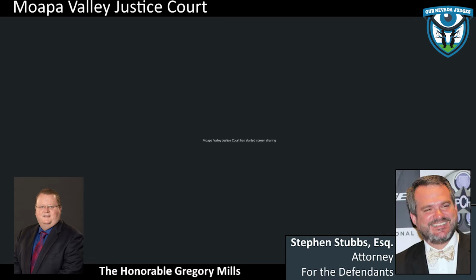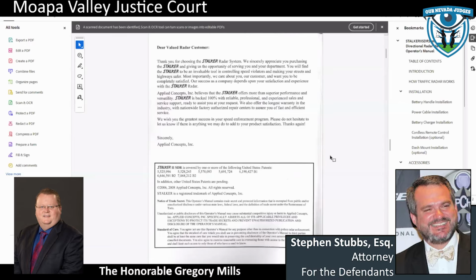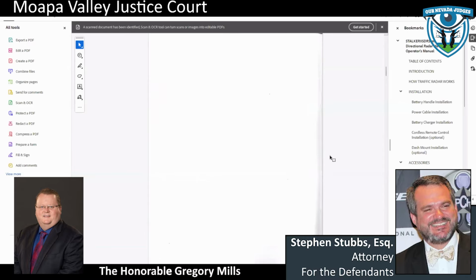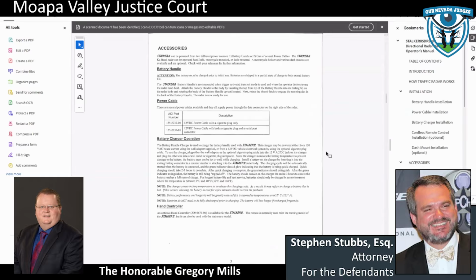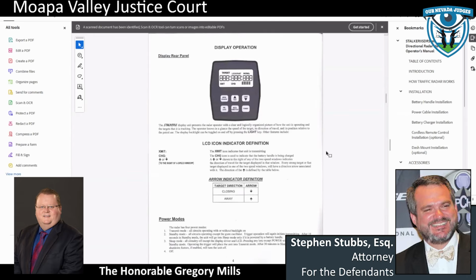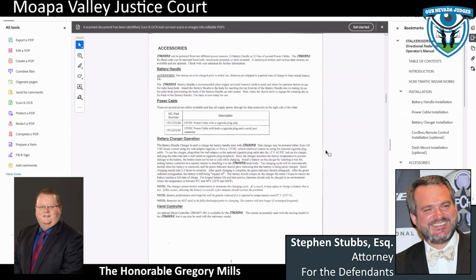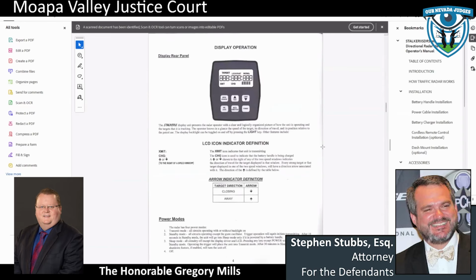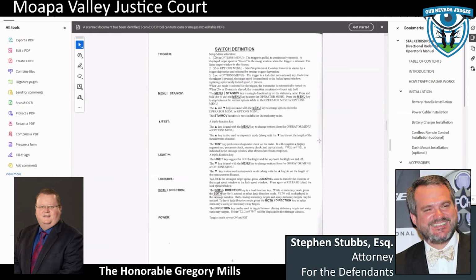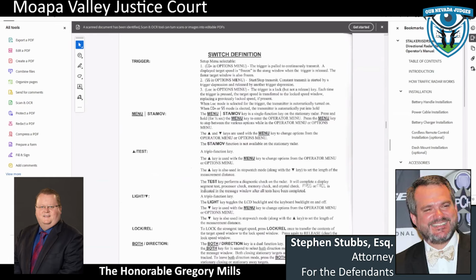This is just confirming what he already testified to. Page 6. If you could just zoom in on the trigger part.